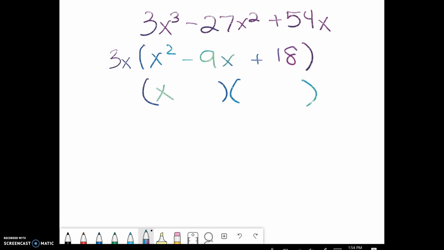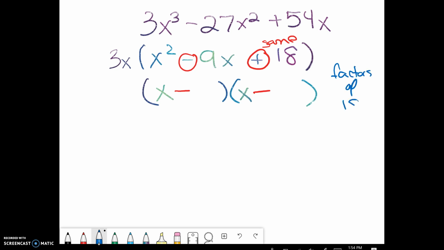I put my x's. Okay, 18 is positive, so that means my signs have to be the same. 9 is negative. That means they're going to be both minus. So remember, this meant they had to be the same, so this meant they had to be both minus. I'm looking for factors